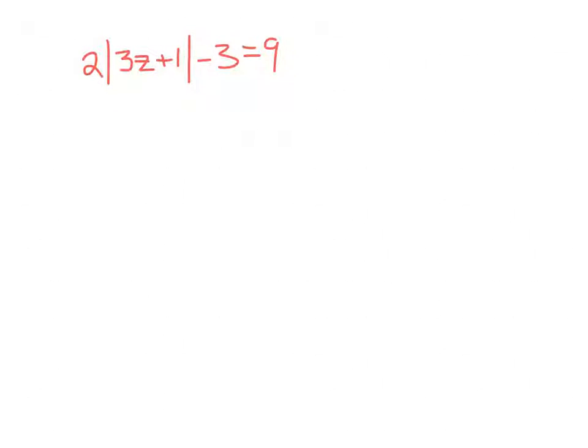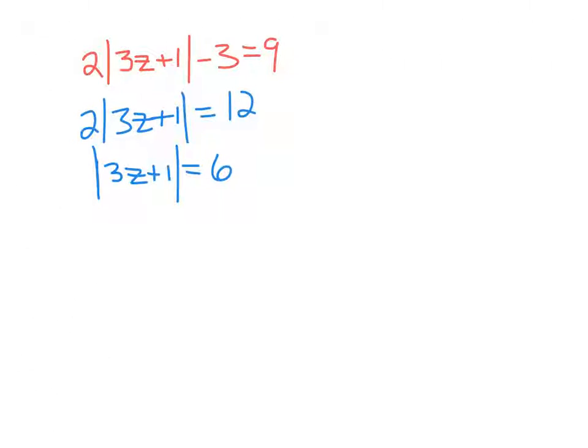Okay, so this will be the last example I do, but this will go through all of our steps, because you notice that we have a couple different numbers that are not on the other side of the equal sign here, and that should be the very first thing you do no matter what. So let's go ahead and add 3 to the other side. So we'd have 2 times the absolute value of 3z plus 1 equals 12. We're going to divide by 2 and have the absolute value of 3z plus 1